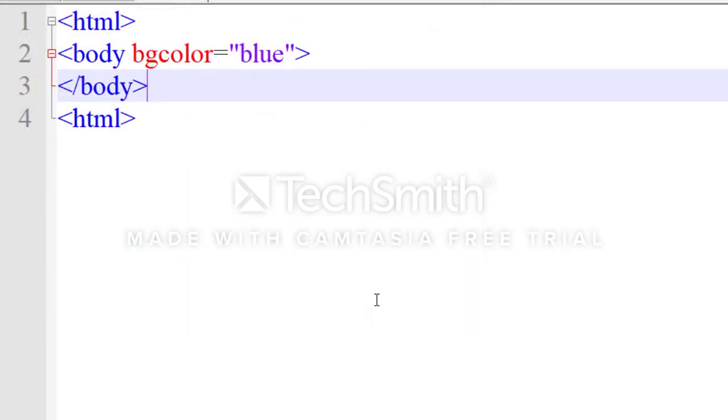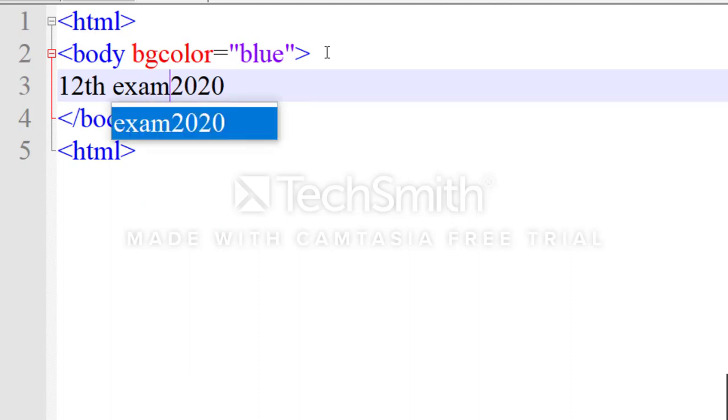Just save this file, and in the body tag I will write 12th exam 2020. Just save this. Now run this.